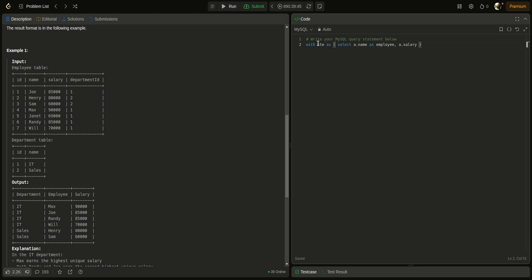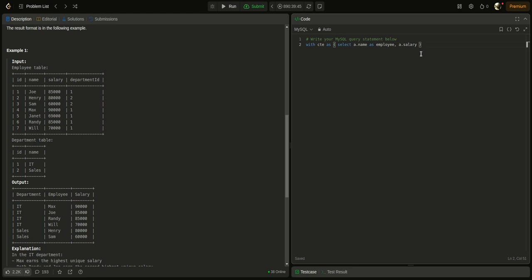In the output the employee name is shown as employee, so that is why I alias a.name with employee, right? And we will use the window function DENSE_RANK here. I have told you about DENSE_RANK. Why are we using DENSE_RANK here?